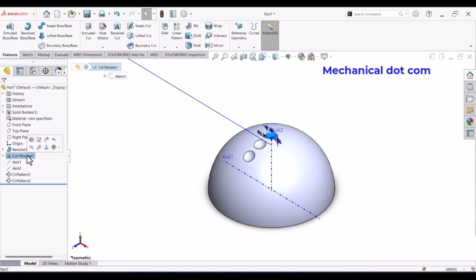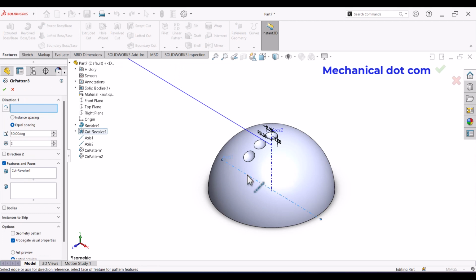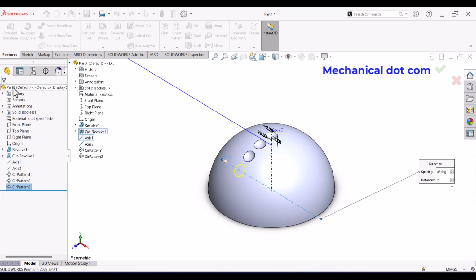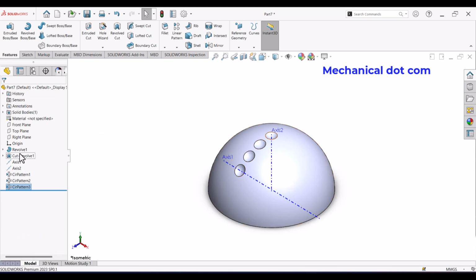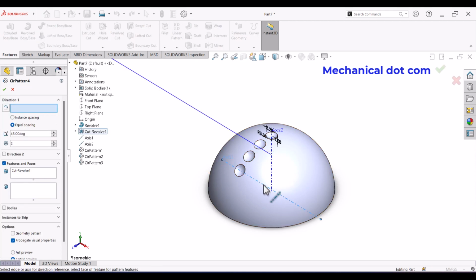Again go to cut revolve, go to circular pattern, select the horizontal axis. Now the angle is 45 degree. Click OK. Again go to cut revolve, go to circular pattern, and again select the horizontal axis, and now the angle is 60 degree.